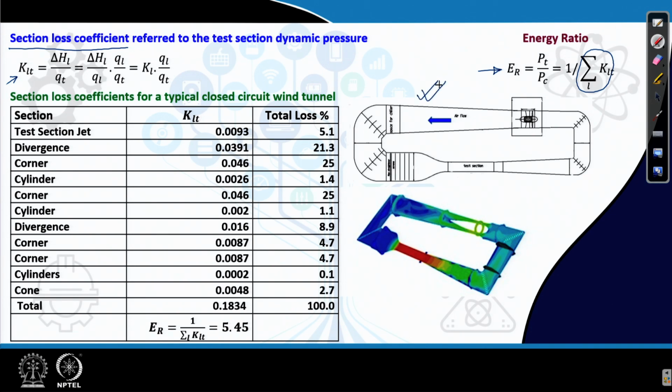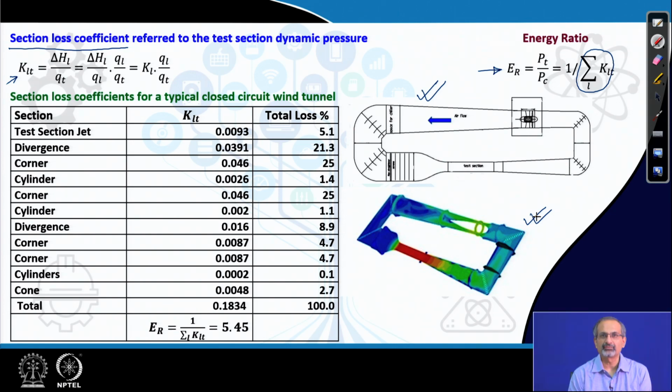So, this is the planform view of the closed circuit wind tunnel that we were discussing, and here you see a very rough representation of a numerical simulation which was done for a typical closed circuit wind tunnel, where you can see the flow features. Essentially, it is representing the pressure variation around the tunnel, and you can figure out that this is the test section of the tunnel where the flow is most accelerated, and therefore, the pressure would drop significantly, and then it gradually recovers as it moves into the diffuser,